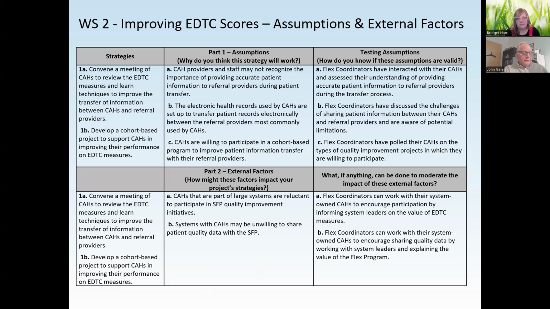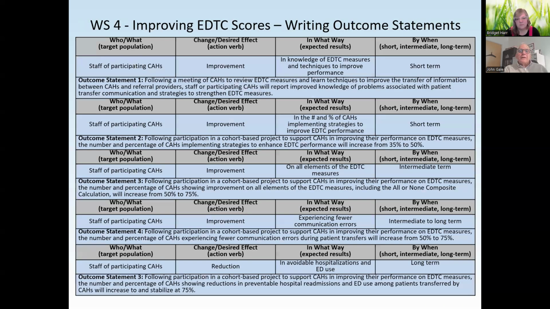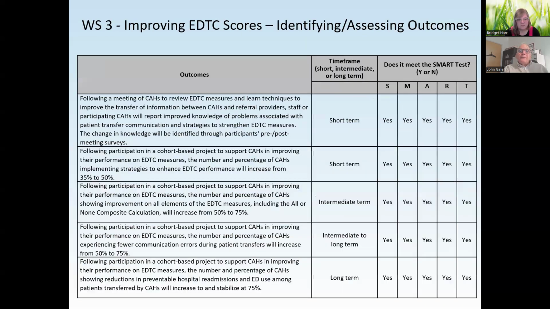So this is all part of that process. Now is assessing our outcome measures, improving the EDTC scores, and this is where we jump in and use these SMART tests that Bridget had discussed earlier. So following the meeting of CAHs,